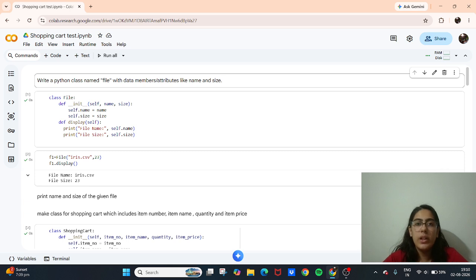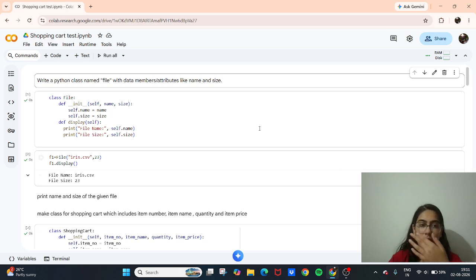So when we go into an online website to shop for something, we first have to add all the items into the cart and then we go on to the checkout. So over here, instead of clicking on the items, we will be typing the items in because we haven't added